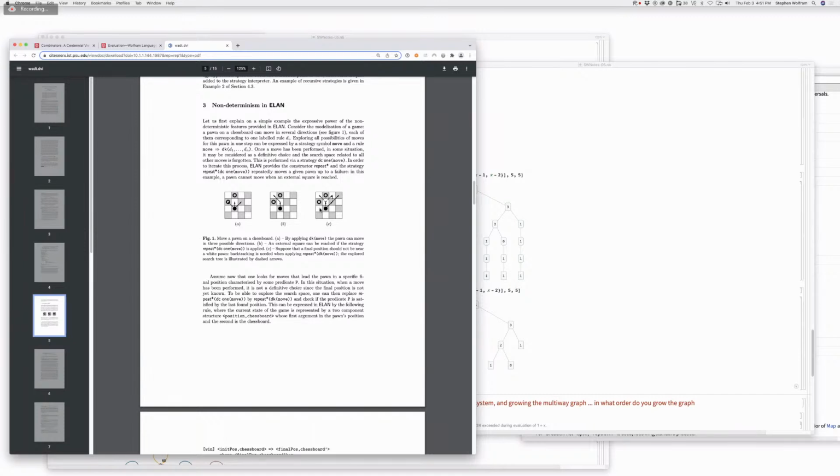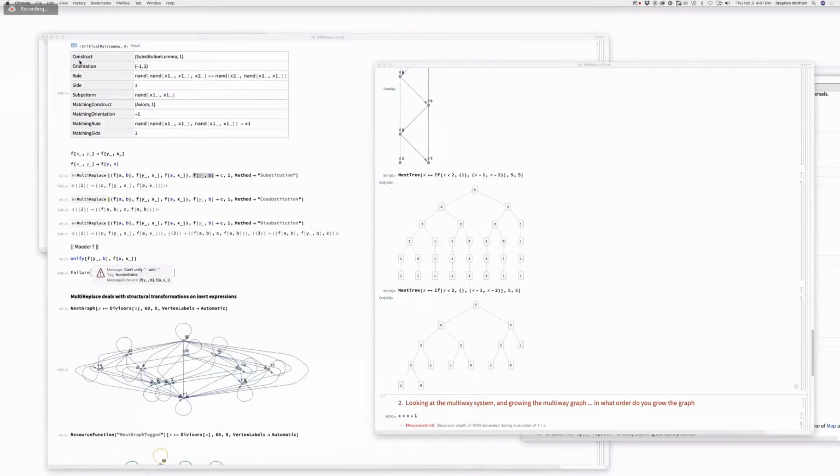And that's like giving the replacement function in the multi-way system. This is effectively defining a multi-way system, I think. This is defining the whole multi-way system, I believe. Not defining in what order you will sort of,